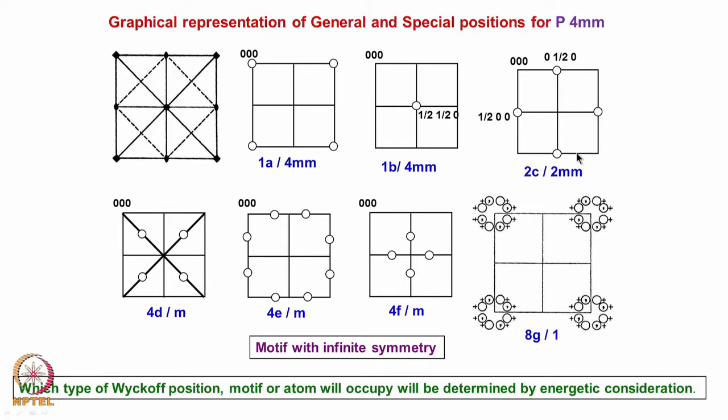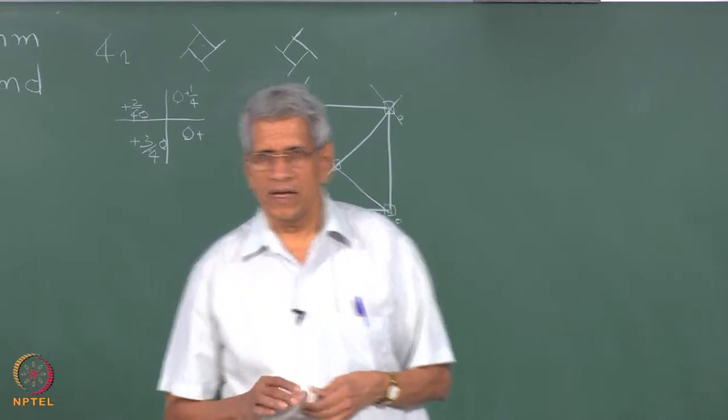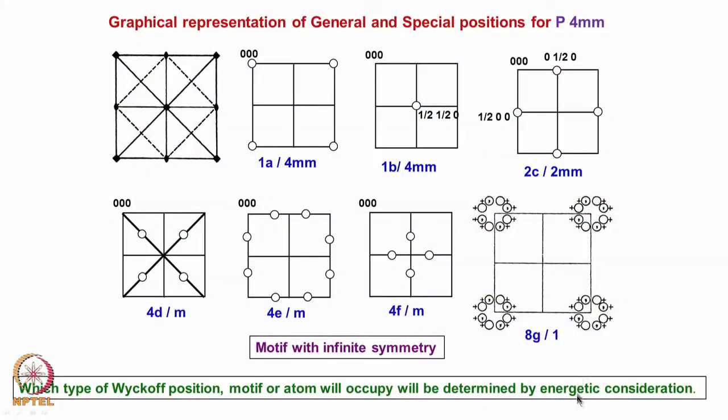Now if you look at this, it also has got the symmetry. Similarly, if I put it at these positions, we can generate a lattice having the same symmetry. We can keep the atoms at these positions on the lattice, and then also have the 4 mm symmetry. At these positions also we can put it, and have the full 4 mm symmetry. Or if you put it at a general point, this is the way the atoms will be put. These are all the possibilities where atoms can be put. But which position it will take, as I mentioned, will be determined by the energy consideration.